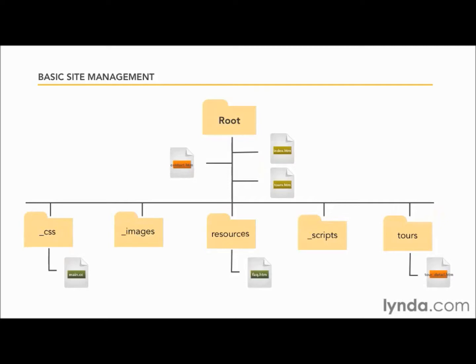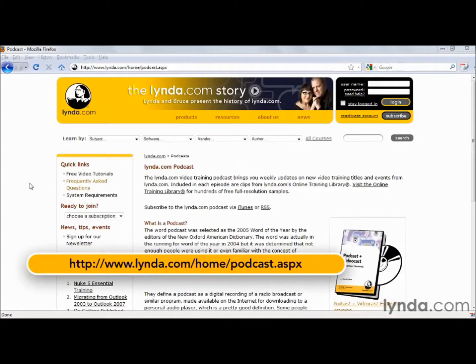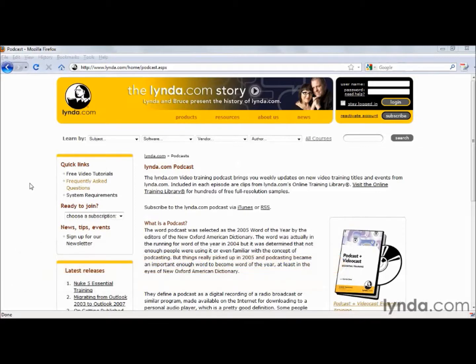Inside the root folder, you will structure your files and folders based on how they need to appear online. If you have a small site, for example, all your HTML files might go right into the root directory. As your sites get larger or more complex, it's not uncommon to create subdirectories to create more structure within your site. You can easily see this structure when browsing online. If we go to lynda.com, for example, and look at the podcasting page of the website, we can see that the URL is http://lynda.com/home/podcast.aspx. That means inside the root directory, there's a folder named home, and inside that folder, there's a file named